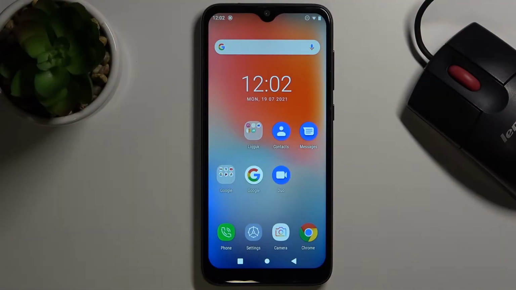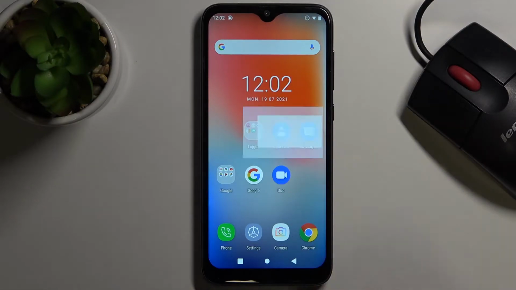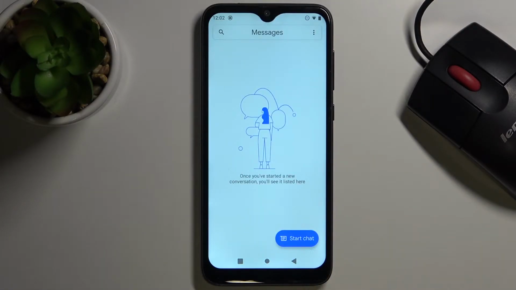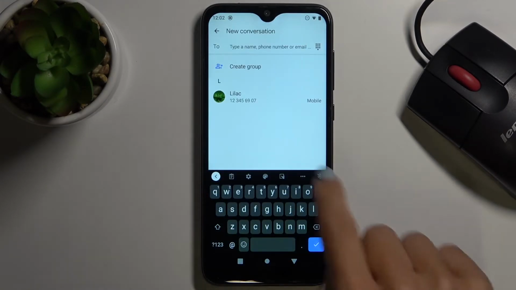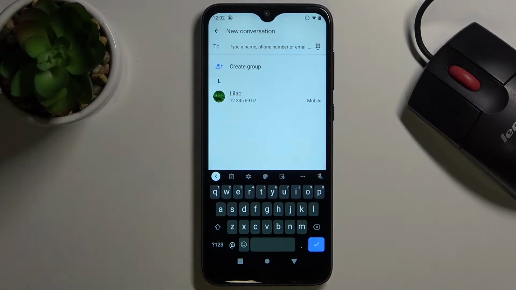Here we've got OUKITEL C15 Pro, and let me show you how to change keyboard language on this device. So first of all, just open, for example, messages, some area where you can enter the text and where you can see your keyboard. So as you can see, currently we are set up with English,